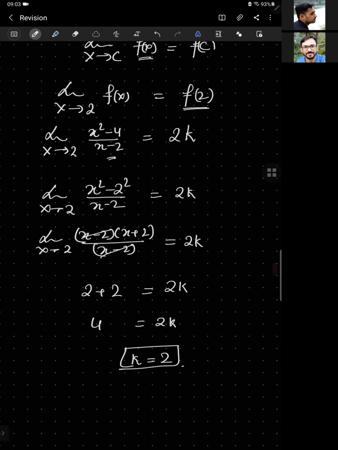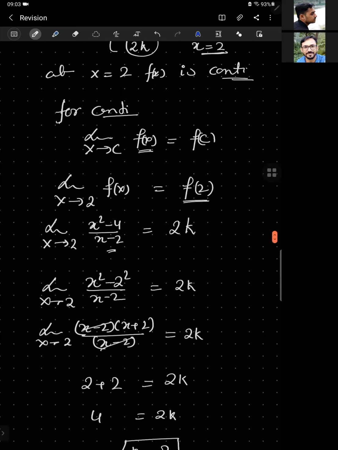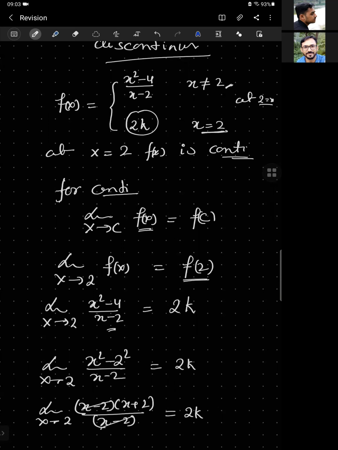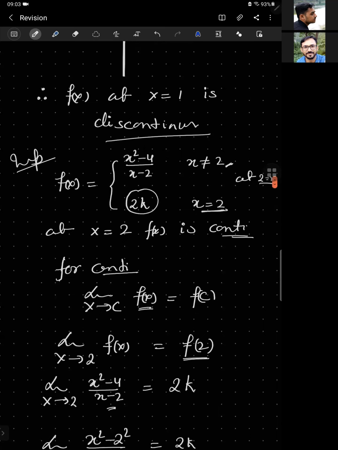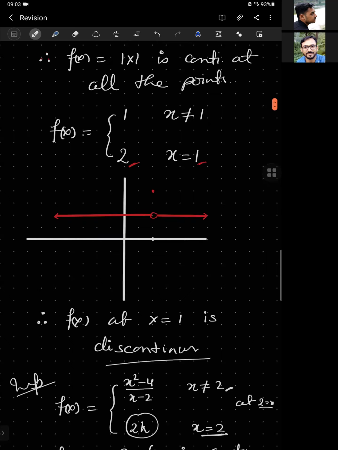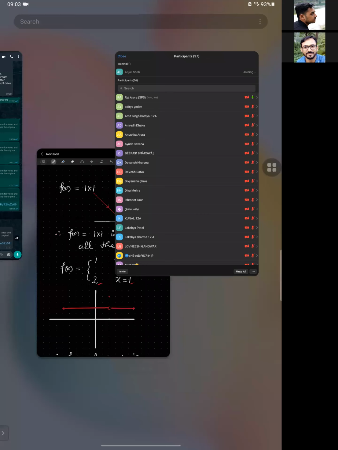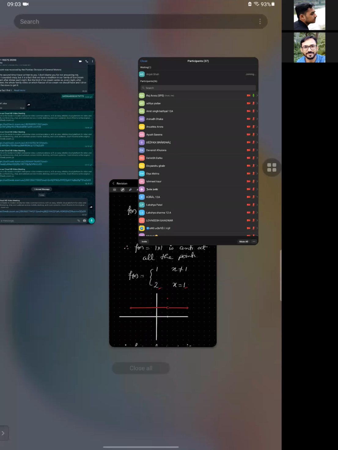So now I suppose you are able to understand this question, how we need to solve, and this is considered one of the very important questions also. Some more similar questions we are going to take, but you must keep in mind, if you are able to discuss the continuity using the graph, because the questions which are going to be asked now will be of MCQ type.